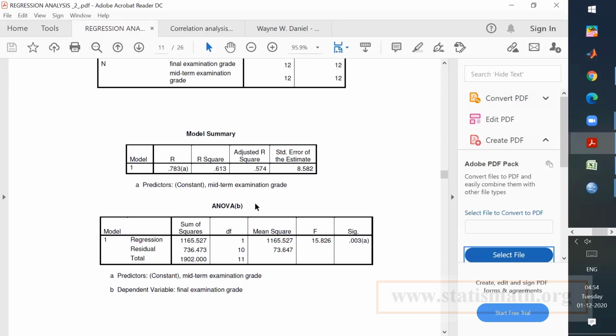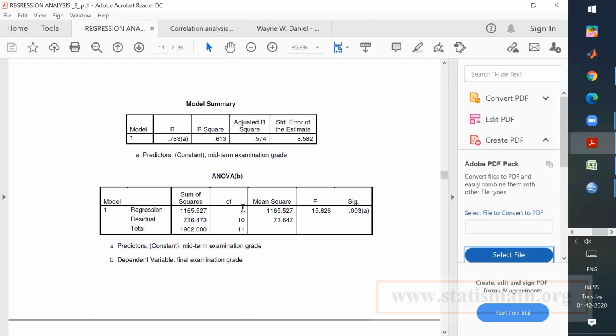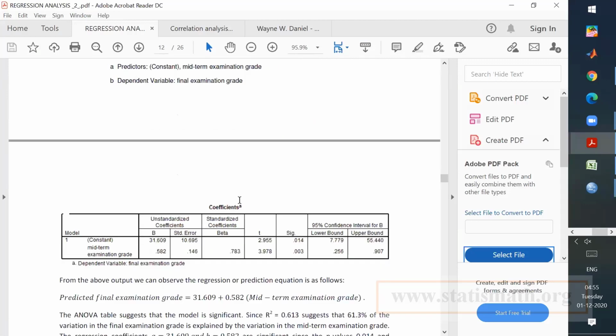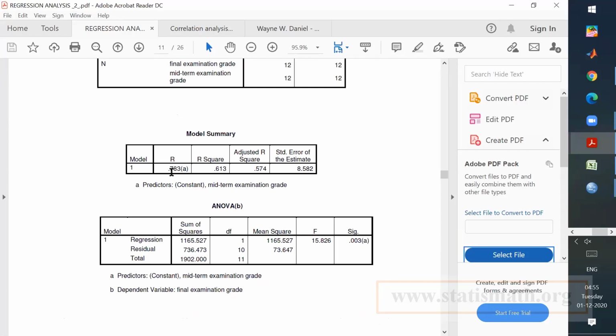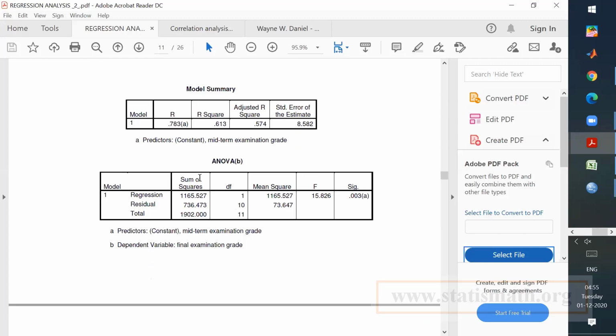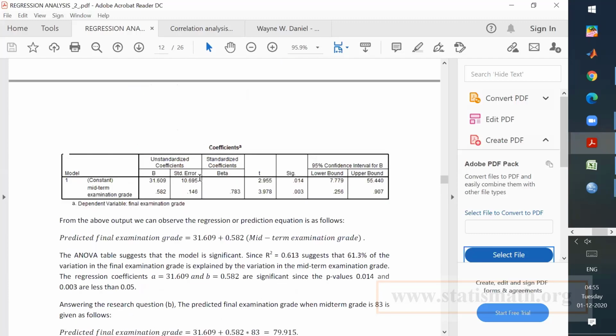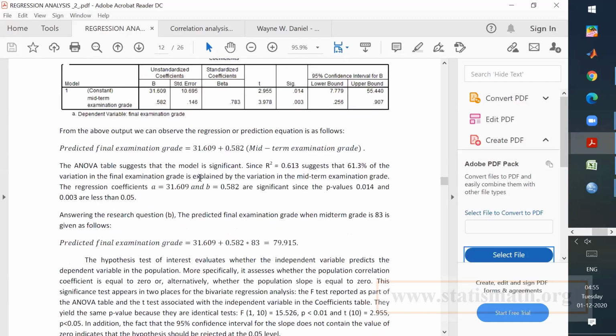The model summary. You need to present this table, the model summary, and then the ANOVA table, but mainly this one. The model summary indicates the correlation value. R square is the coefficient of determination. I'm just showing a different example, right? But what I'm saying is, you have to pick these outputs, the model summary, the ANOVA, and then the coefficients, okay? And then from that, you have to give the model, right?